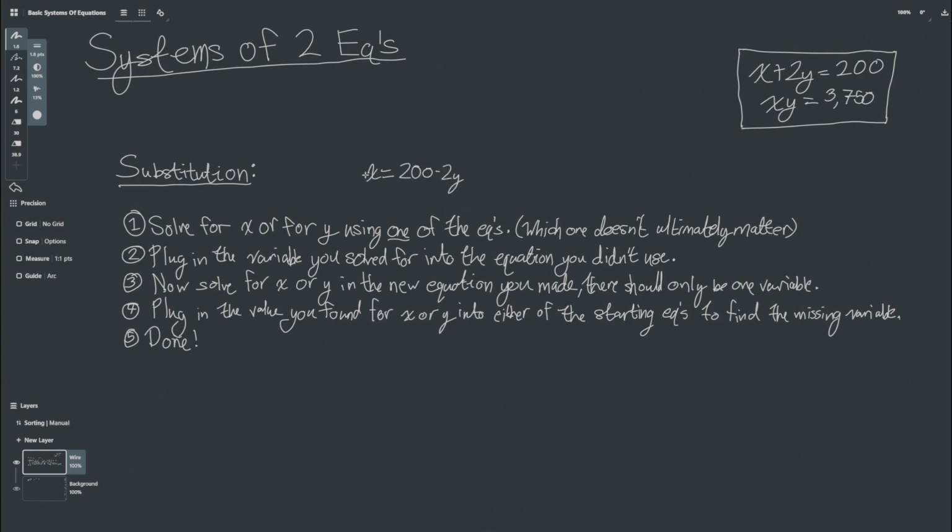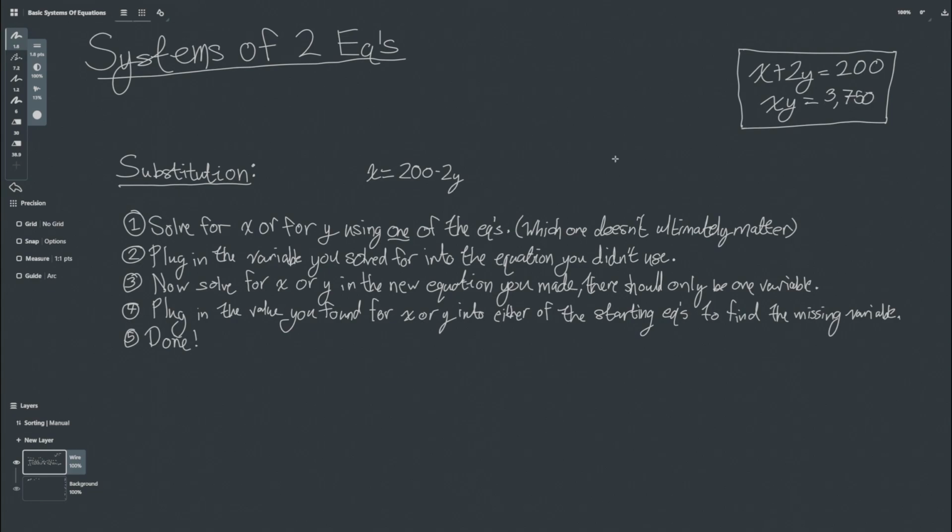I'm not trying to find a specific value of x or y, just rearranging the equation to have x or y on one side. So our second step here is we're going to plug in the variable you solved for into the equation you didn't use. Since I used this equation, and we found that x equals 200 minus 2y, we're going to plug that in for x